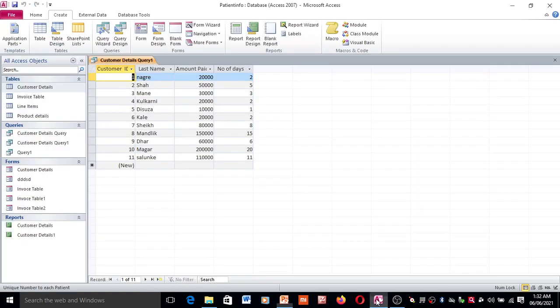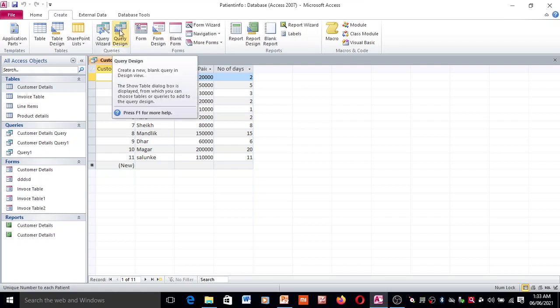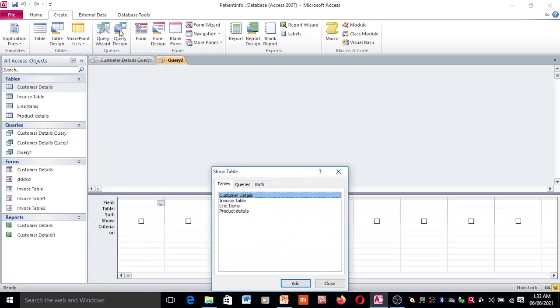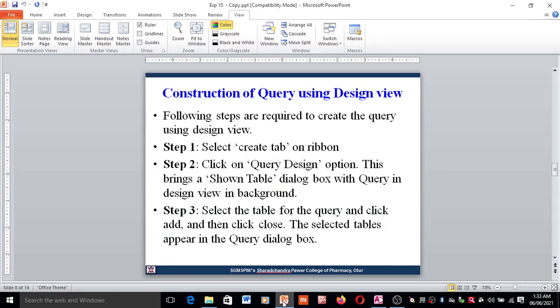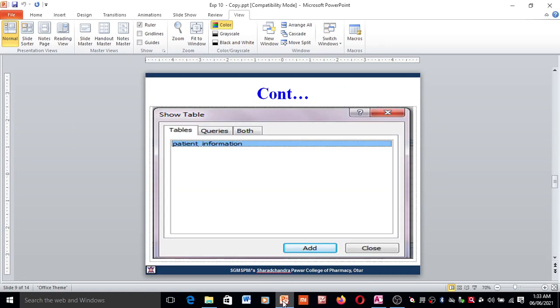Let's see here. For this you have to go to the create tab. In that create tab, in the query option, the query design option is also available. Here you can see a new window open. In this window you have to select your database.